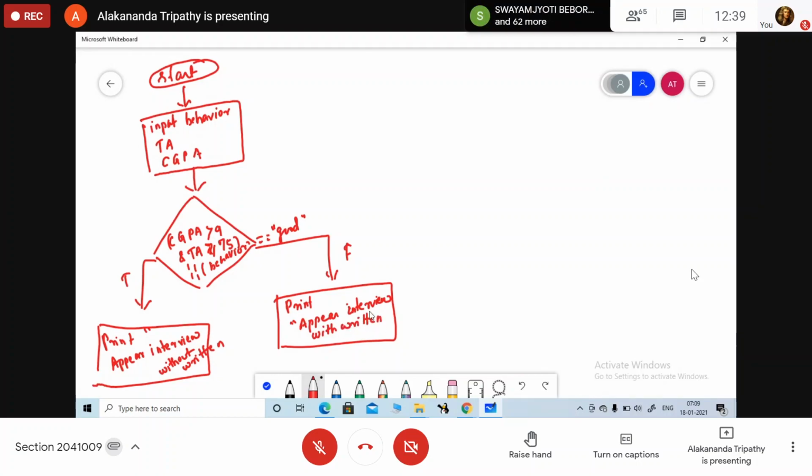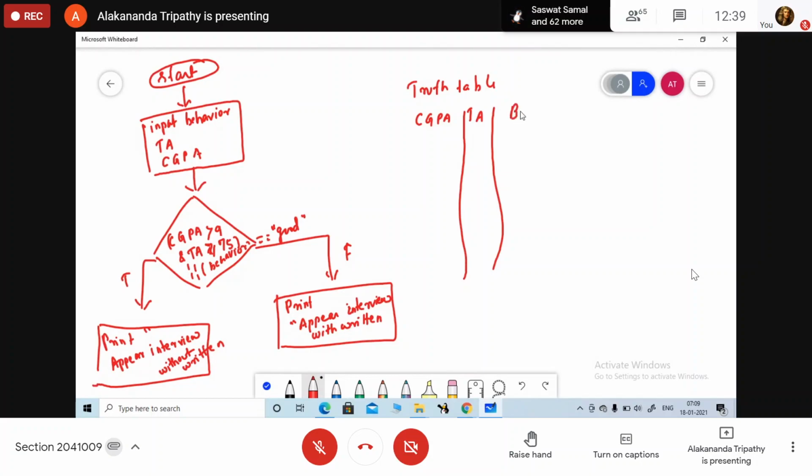Okay. All of you clear with this point? How we are going to do this kind of statement? Simple control flow diagram. Now let's come to the truth table of it. Truth table. Here I am writing in short CGPA, theory attendance, then my behavior.